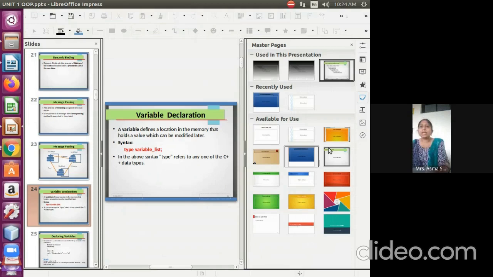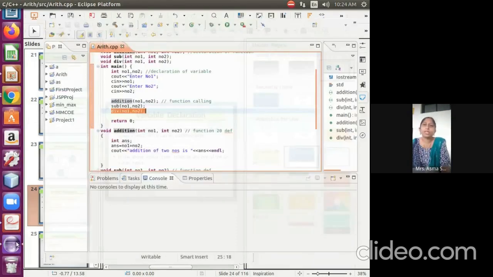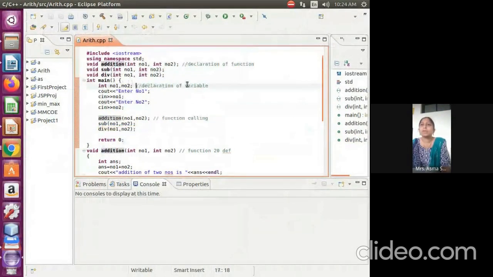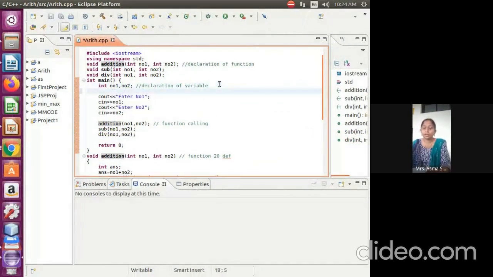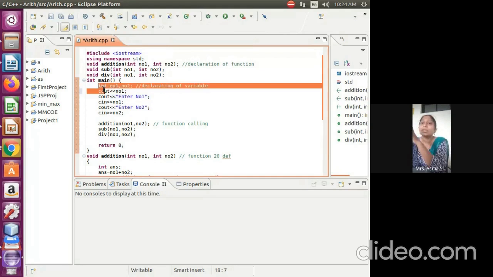Now students, let's check the default value for an integer, how we can check. If I want to print this, I can modify this with cout and print number 1. What will be the value of number 1, students?